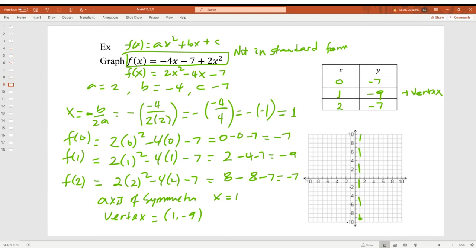Then we have 0, negative 7, and 2, negative 7. So this would be your graph. Okay. That's it. If you have those 3 points, just connect them and make a U-turn like that. And that's your parabola. It's a long process, but